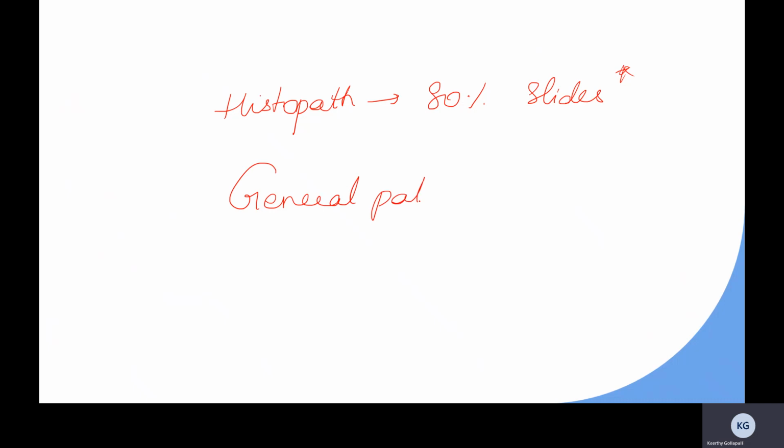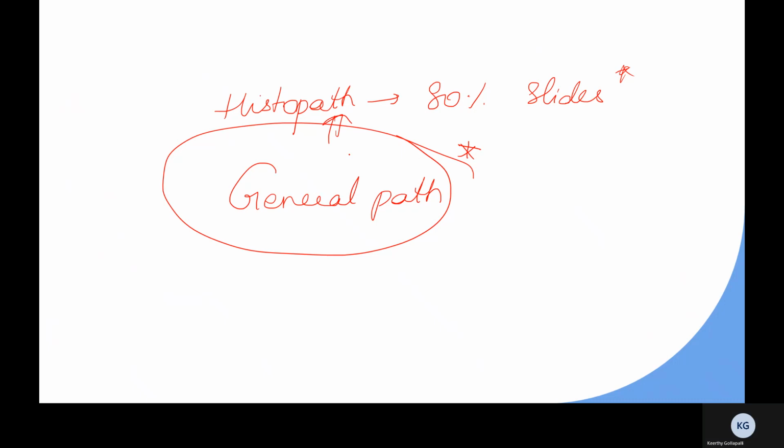For example, let's take histopath. If you had proper histopath postings, obviously you would have covered 80% of exam-going slides in your day-to-day life, correct? But in my experience, general path we never study, right? So my suggestion is first finish it off with general path, because general path will form the basics for your systemic path as well. And we never study general path, as such; we would have studied it only in our second year of MBBS. So my advice is for you to first start with general path.